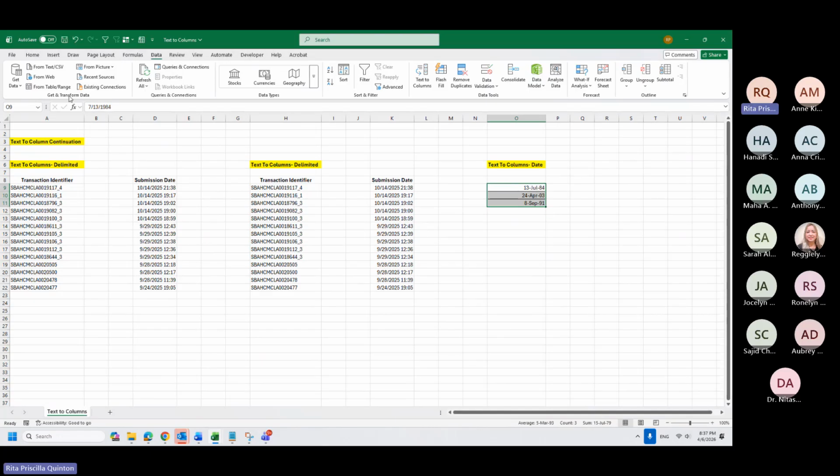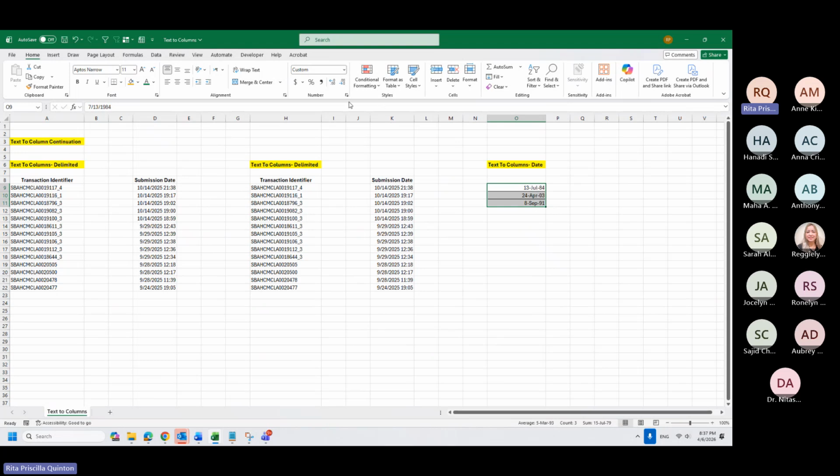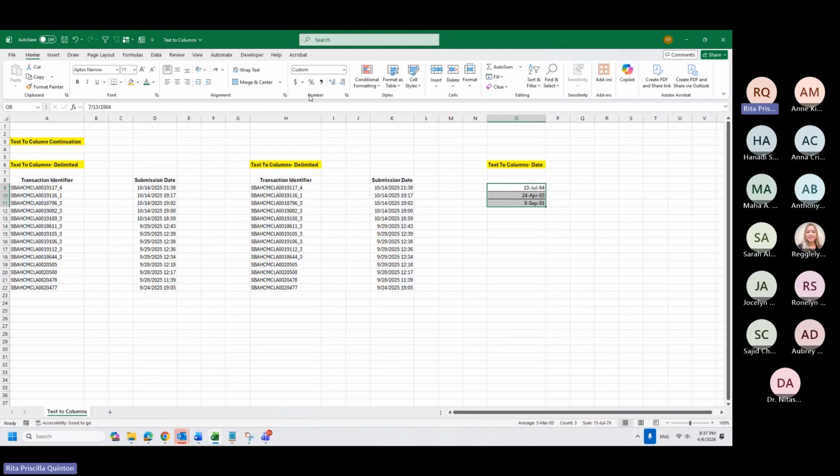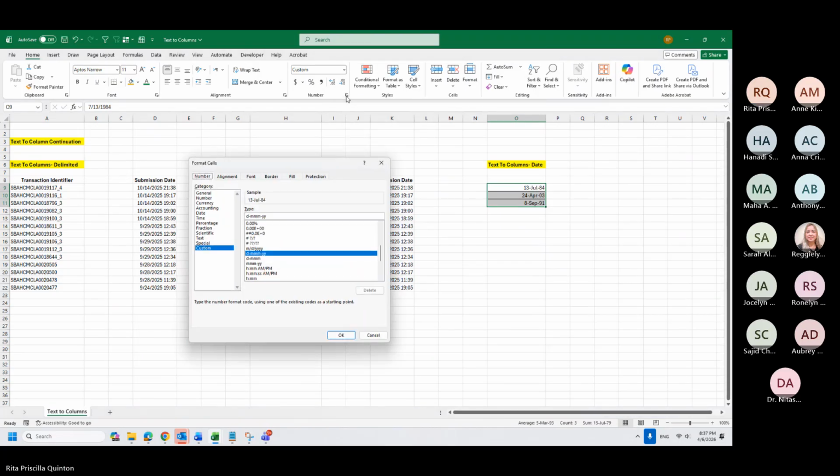You can also change your format here if you want. You can go here, Number, click this number format. Excel can give you what you want. So YYYY means 4 digits for the year. MMM means 3 letters, the shortcut for a month.